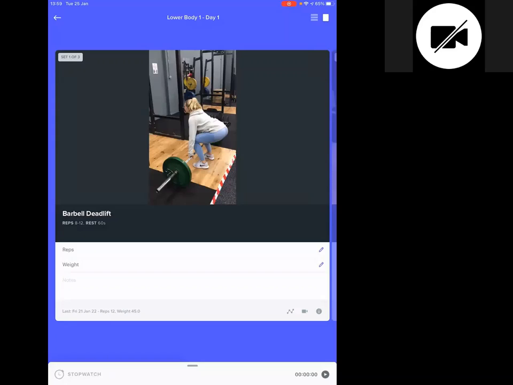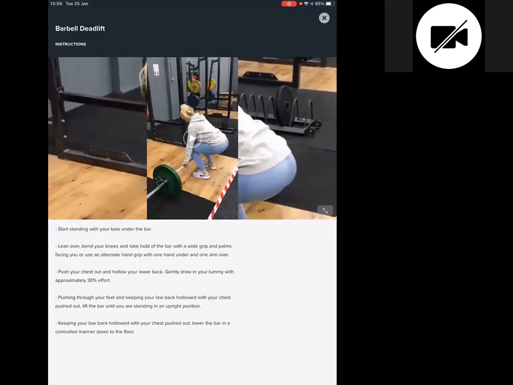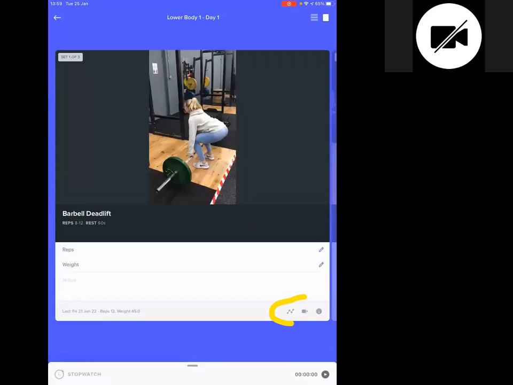If you want a little bit more information about how to do the exercise, if watching the video just isn't enough and you want to see some text, you've got 3 little icons. If you click on the information icon, that will give you the instructions as well as the video. If we cross to come out of there, okay, if you want to see what you did the last time you did it, if you're into your 2nd or 3rd, 4th week of doing it now, if you click on this little button here,